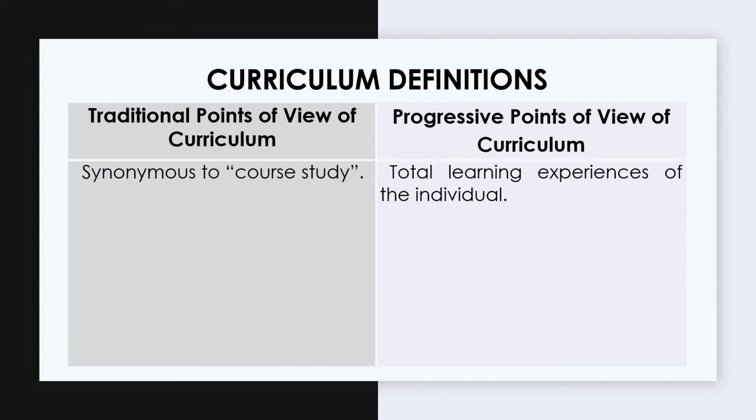Okay? The curriculum is course study, talking about course outline. In the syllabus, if you have, the syllabus is a comprehensive presentation of the course study. The course study will refer only to the subjects, Unit 1, 2, 3, 4, 5, okay, under the curriculum. Then for the progressive, total learning experiences. Okay, so